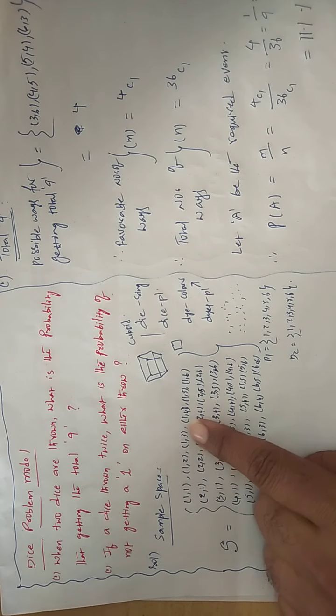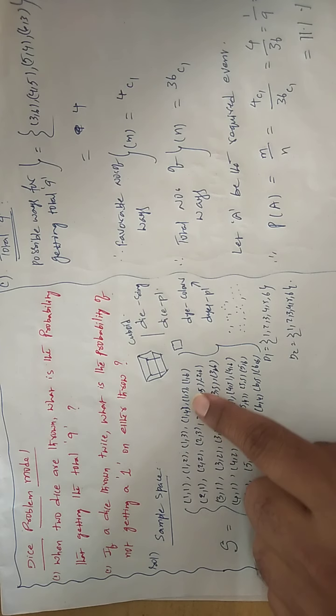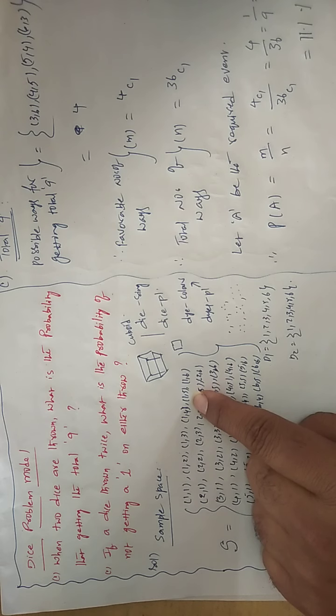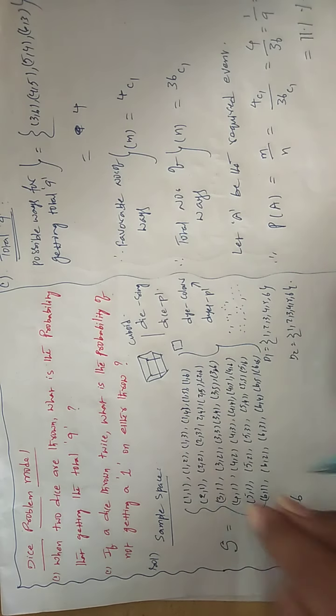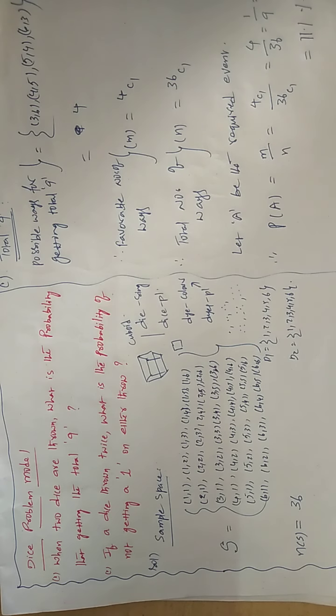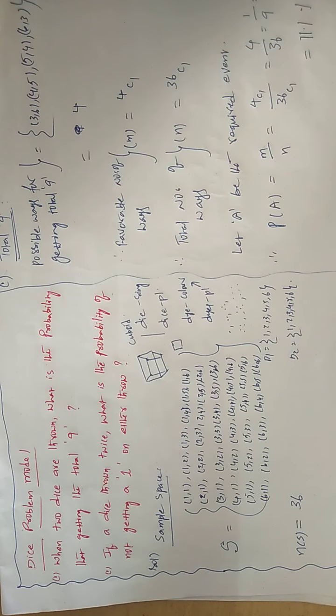First time 1, second time 3; first time 4, second time 4; first time 1, second time 4, like that. First time 1, the second time you may get 5. Same way, first time 1, second time you may get 6. You get the same possibilities. That point is very important. That means the throwing of a single die 2 times gives possibilities or answers equal to the throwing of 2 dice a single time. Very important here. What is the conclusion you got now?